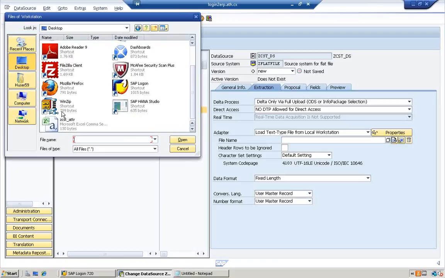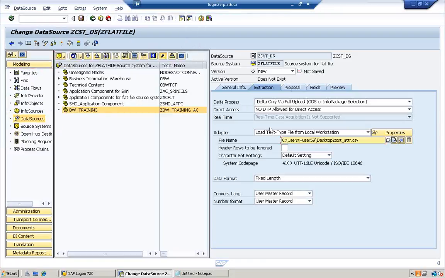zcst underscore attr. Alright, and I don't really need the header name, so what I do is I mention header rows to be ignored as 1. Alright, so how are we actually loading this file? Are we using it as a default file, or are we creating it in a CSV format? So since we're using a comma delimited format, we'll go ahead and create it as a CSV